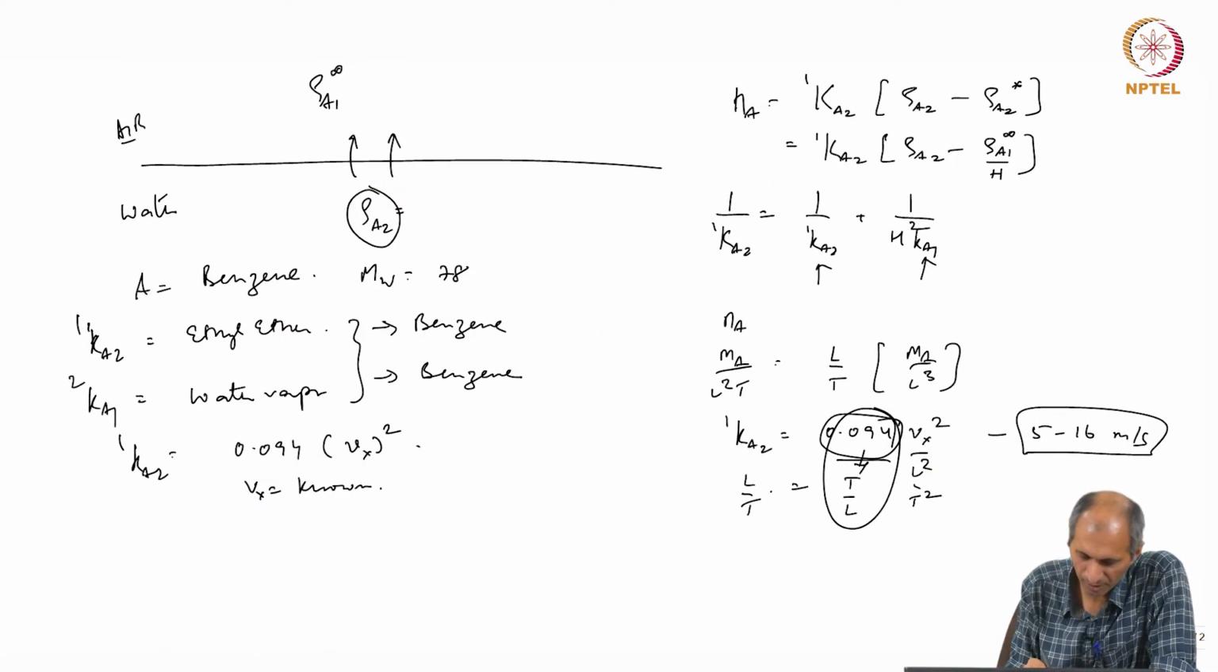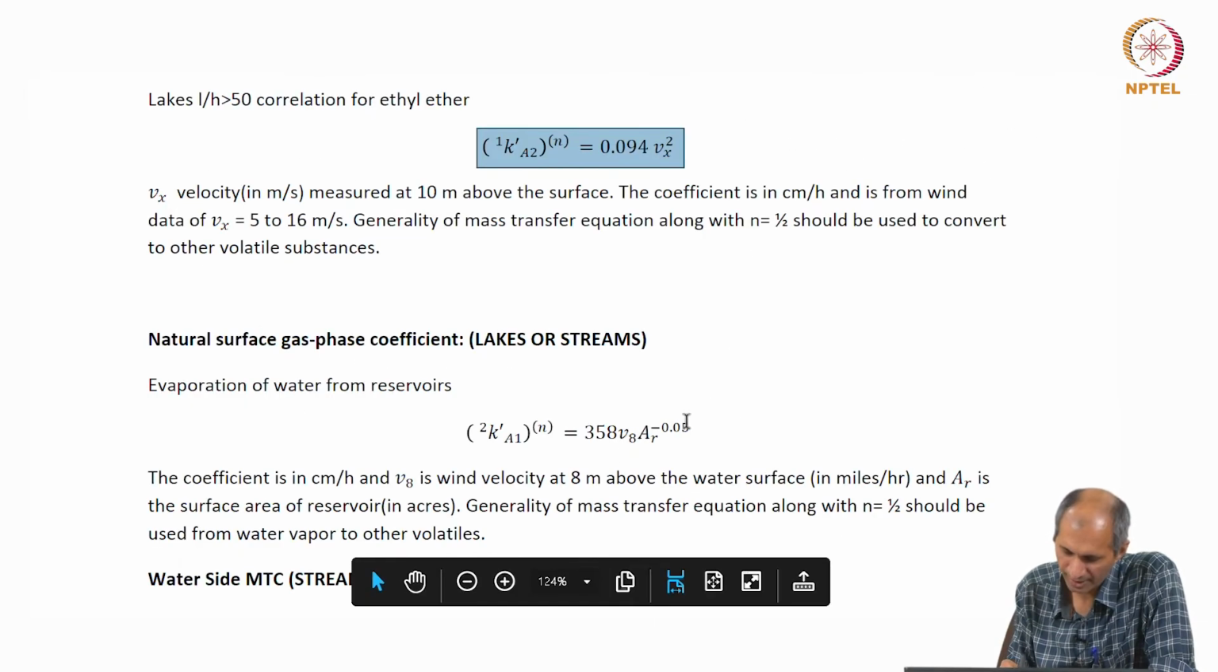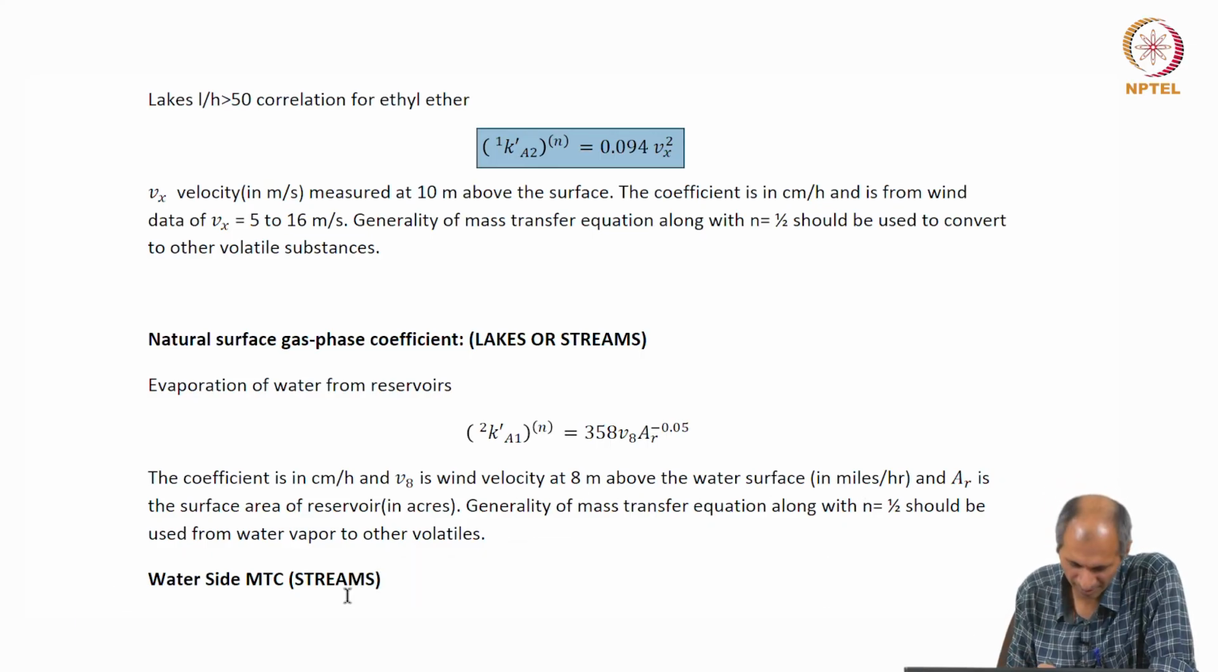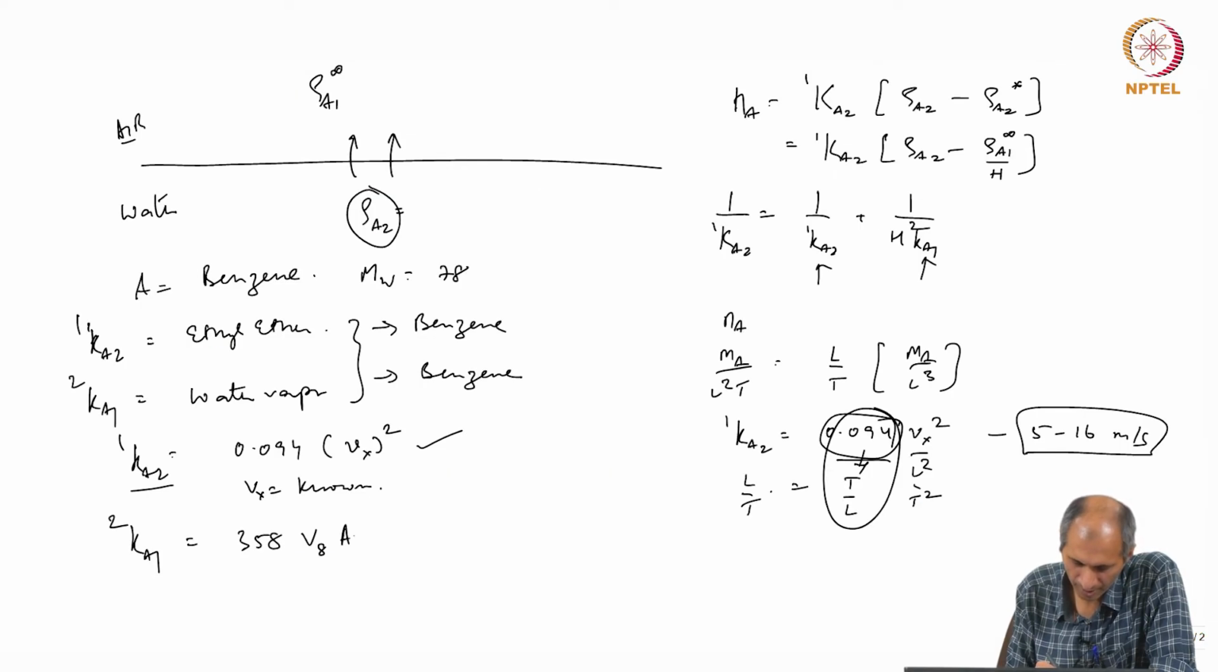So, we get the value of K21, but it is for ethyl ether, and similarly we get the value for K12, which is 358. V8 is again wind at 8 meters above the water surface. It is all arbitrary everywhere, all around the place, right. Into area,